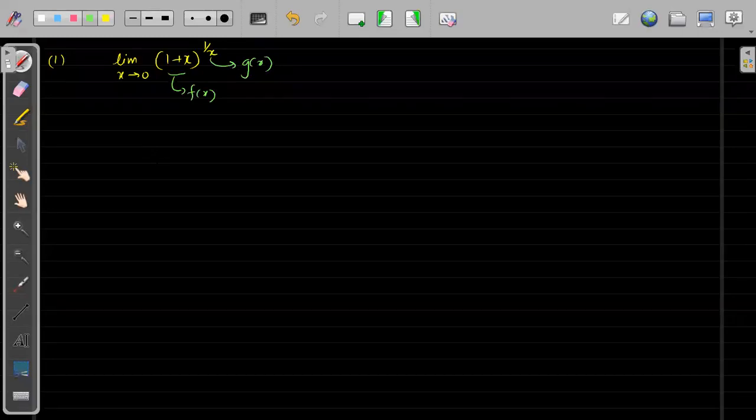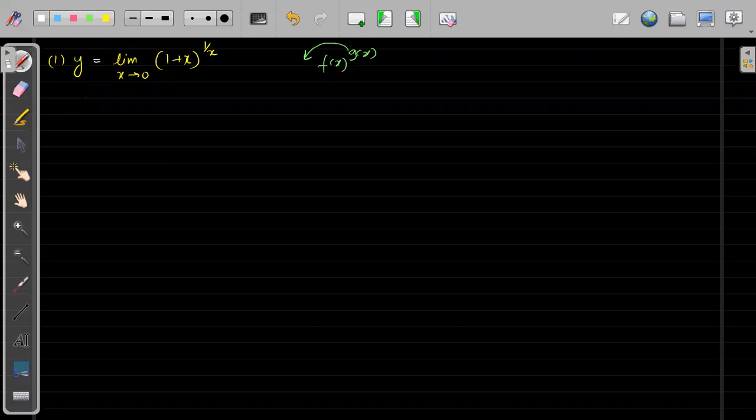Yes, E, very good. So what we will do, we have already seen what the procedure can be. This is right now of the form f of x to the power g of x, right? So what we will do, we will bring this g of x down as a multiplication with some other function. So we will take log first. We'll assume that this is equal to y. So you have to find the value of y.